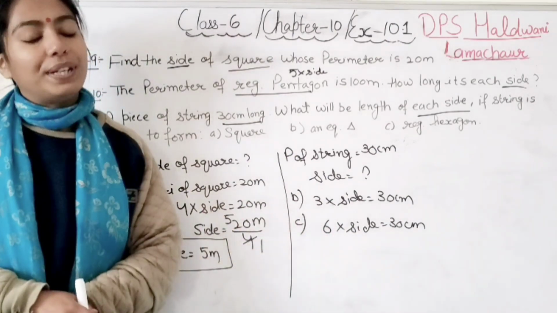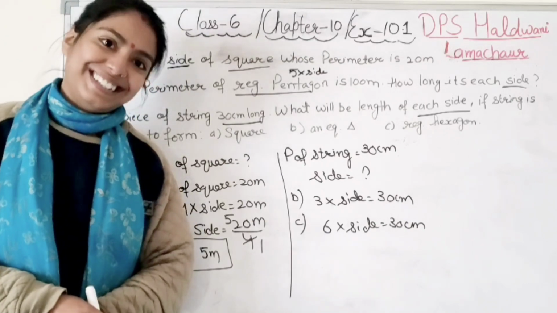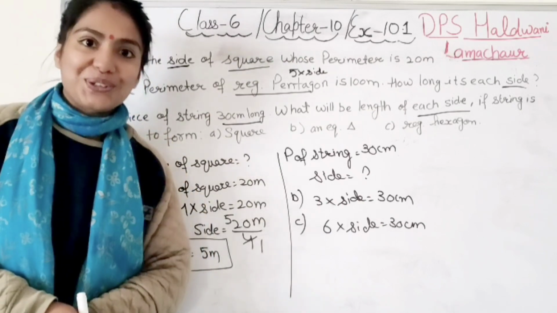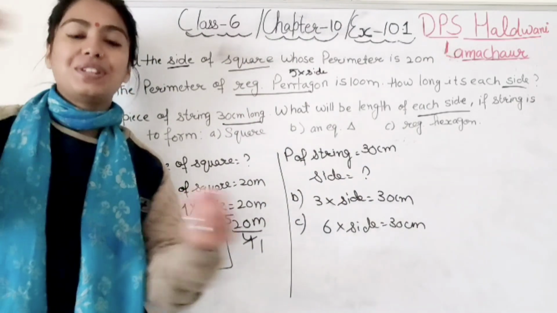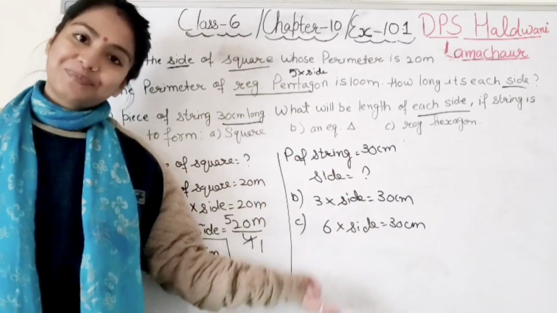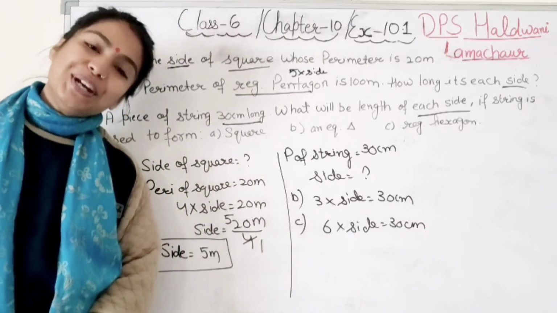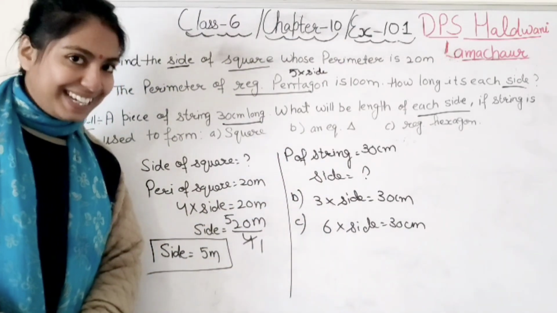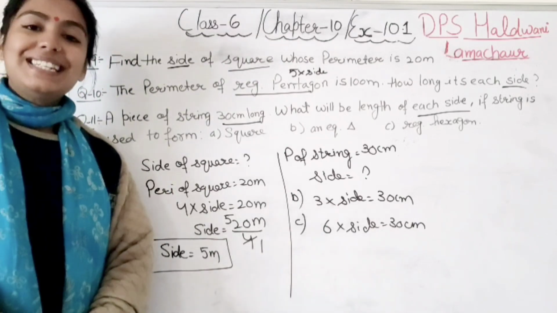So this is the method only. Always understand the word problem first, exactly what is being asked. Right student? I hope you understood how to convert the word problem into the solution. Right? So that's it. All questions are very simple only, but the question is asked in a different manner. Here is a string, here is a pentagon, there is a triangle, there is a square. But the solution for all the questions is the same only. Right student? So I hope you understood. So students, you will solve these questions nicely in your notebooks. Right? So you will understand in a better way. So this was about question number 9, 10 and 11.